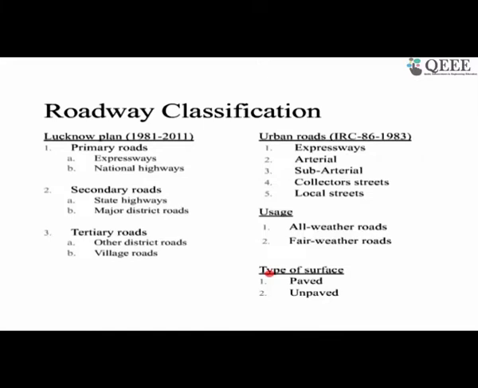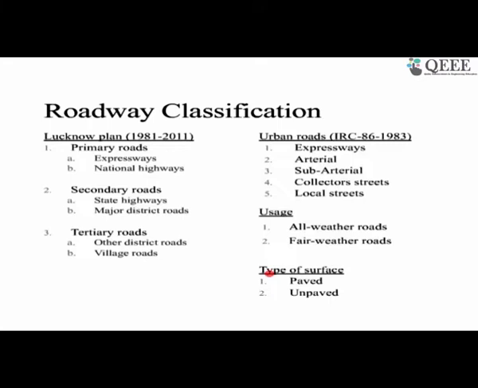So what happens in the city? Earlier the main focus was on the rural areas. Later on we realized the cities are also expanding and we need good road infrastructure in the city. So in the urban area, we needed a classification, and it came up in 1983 through IRC 86. IRC is a design code for road development and road design, and there are various IRC, Indian Roads Congress, codes. The urban or city roads are divided into expressway, which is of the higher category,